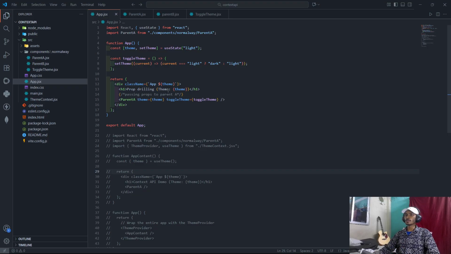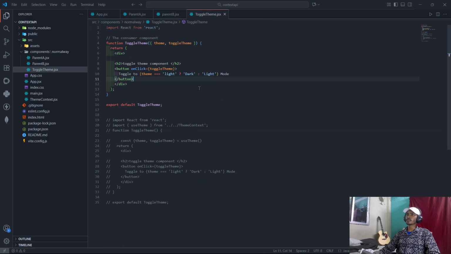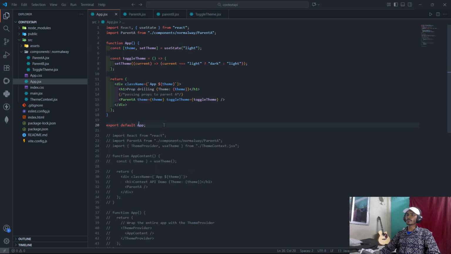So yeah, that's the setup. I've just created a React project, and I've written some code. This is the layout. This is just a root file, App.jsx, and I've created some pages like ParentA, ParentB, and ToggleTheme. Coming to this app page, I've created a state whose initial value is light, and I've created a toggling function, which toggles from light mode to dark